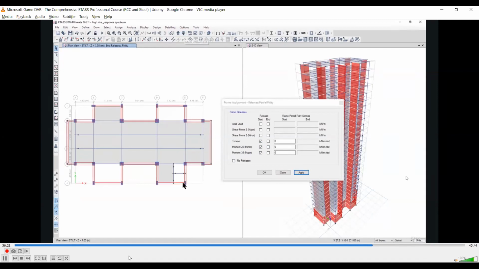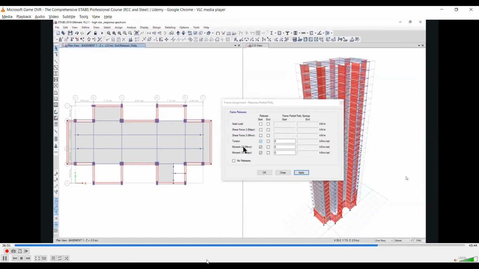Now if we go to the basement, in basement this point shall not be released. What exactly will happen here is that this beam shall not be released here as moment can be transferred from this beam to the retaining wall. So what we need to do here is that we should select one story, select this beam and assign this property, left click on apply. So beam is only released here. At upper floor, this is the release arrangement, whereas in the lower floors, this is the arrangement. Same case here.